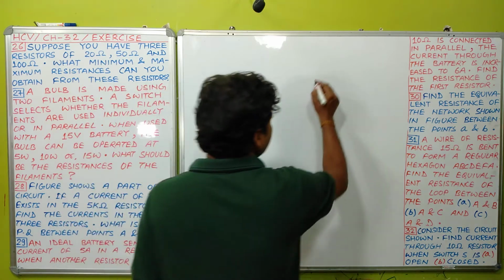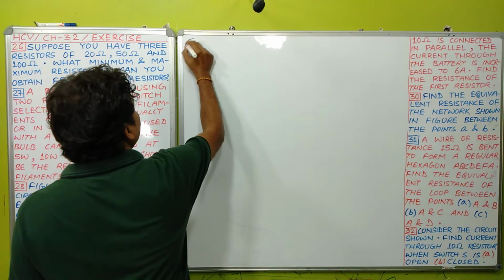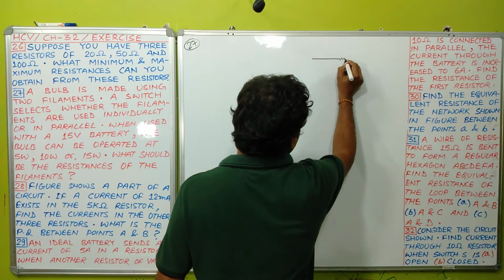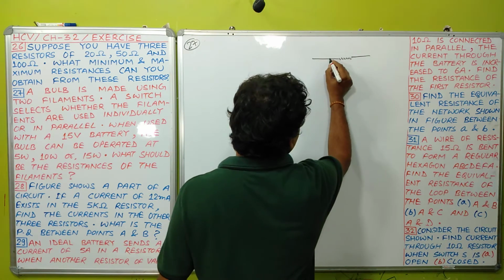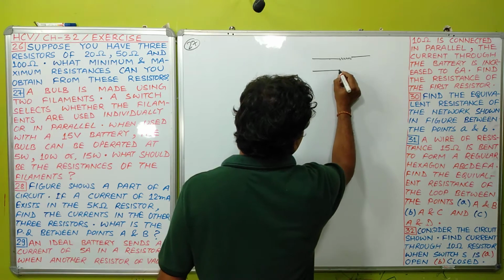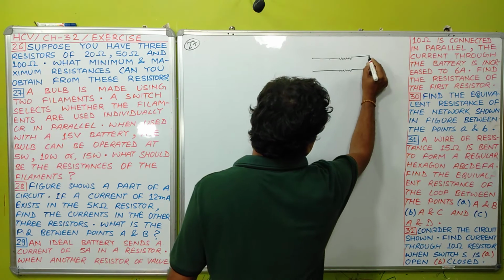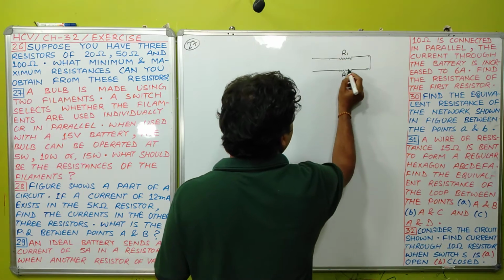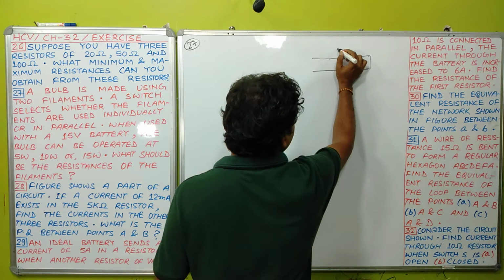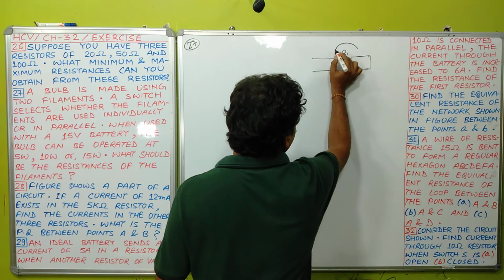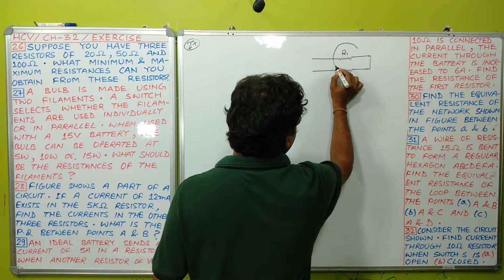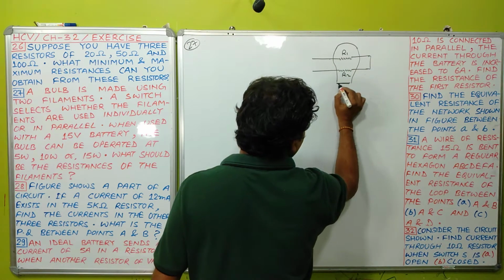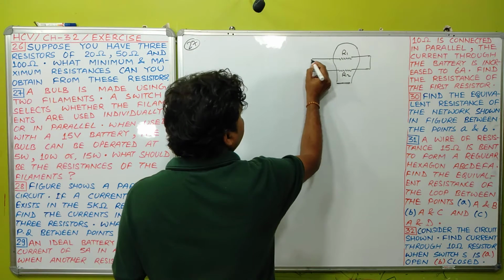Okay, student, the question is saying a bulb is made using two filaments, means the situation is like this. Suppose that this is one of the filaments and this is another filament. Okay, and let resistances of these filaments be R1 and R2, and a bulb is made using these two filaments, means the bulb is like this. Okay, now this is your bulb. Okay, you can see,